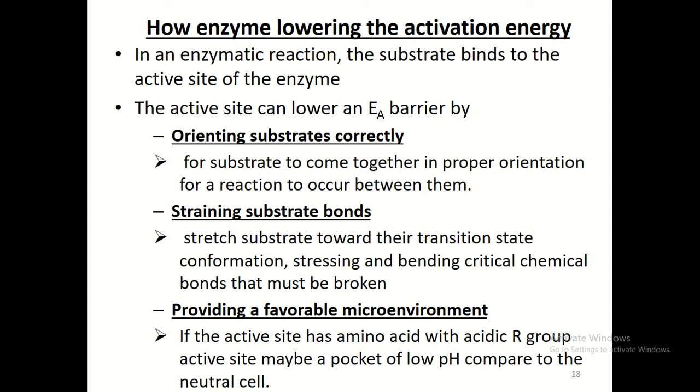Next, the active site can lower activation energy by straining the substrate bonds. It helps to stretch the substrate towards the transition state conformation, a very unstable shape or state, stressing and bending the critical chemical bonds that must be broken as the substrate fits into the active site of the enzyme. And last but not least, the active site of the enzyme can lower the activation energy barrier by providing a favorable microenvironment. So if the active site has amino acids with acidic side groups, the active site may be a pocket